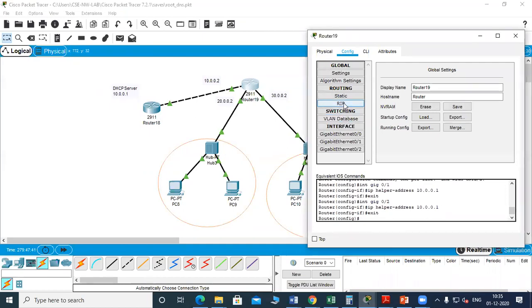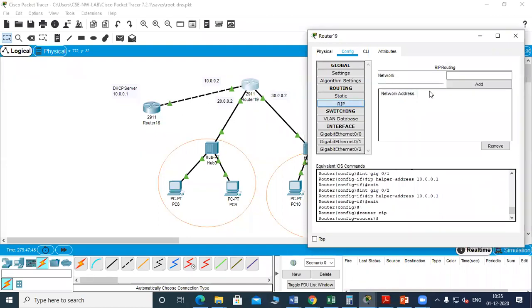So we'll use a dynamic table, dynamic routing. Here we have to give the network address. Until you give these addresses, the table entries will not be updated. So the request cannot go to the DHCP server.